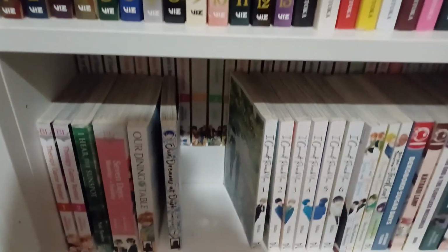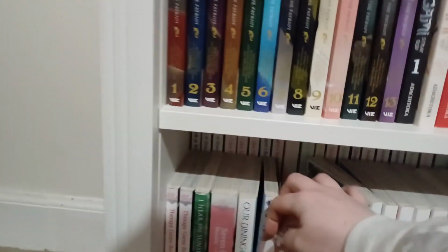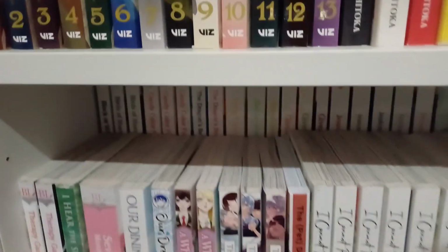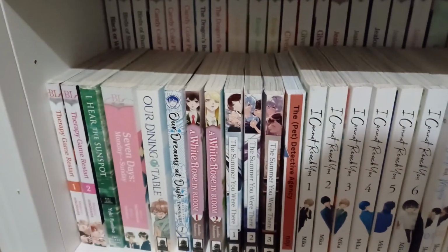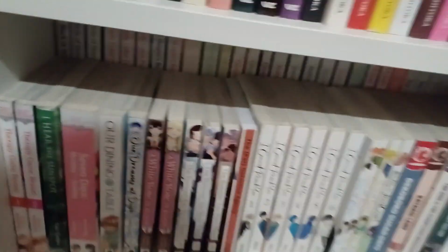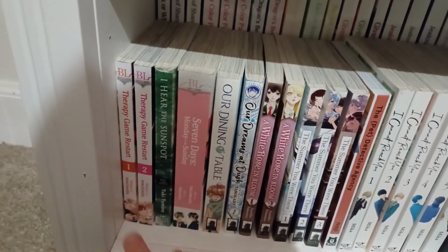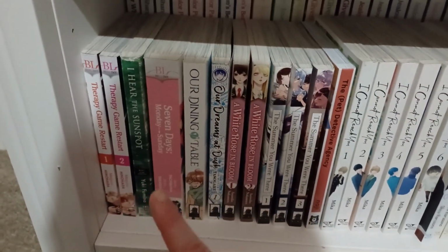See, this is what I say, my collection doesn't really make much sense in some regard. Obviously, all of the Sublime ones make sense because it's in alphabetical order. And then now it's just a mismatch and it's done by height and publisher. So, yeah. But anyway, obviously, like I said, I've got the first 2 of Therapy Game Restart,